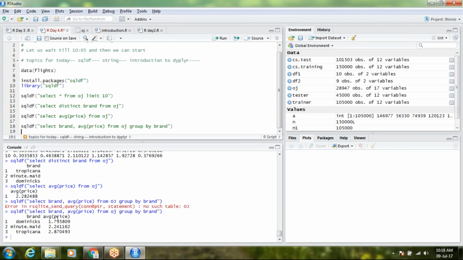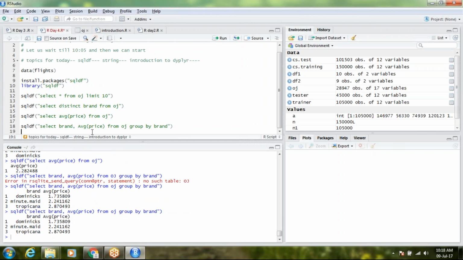So this is by brands. So let's say, okay. Here these functions are case insensitive. The names of the R columns or R vectors are case sensitive, as that was the case in R, but only these functions like average, minimum, max are case insensitive. So let's say mean,